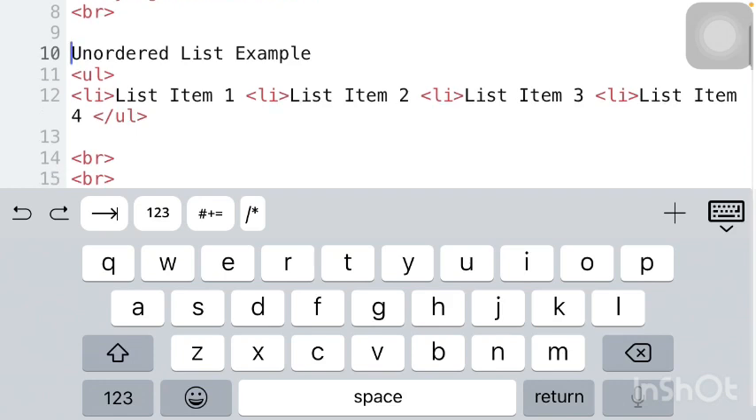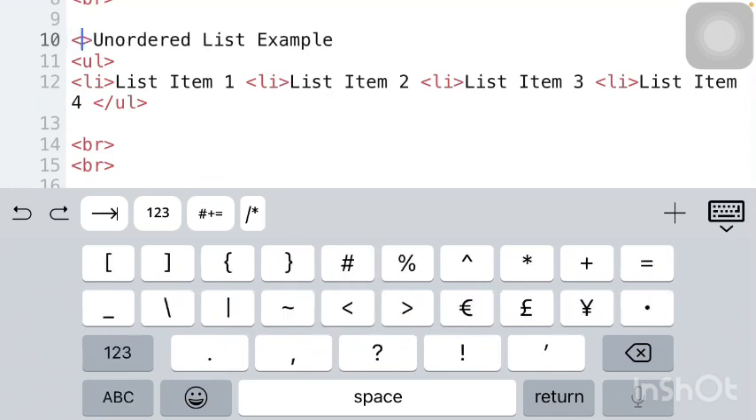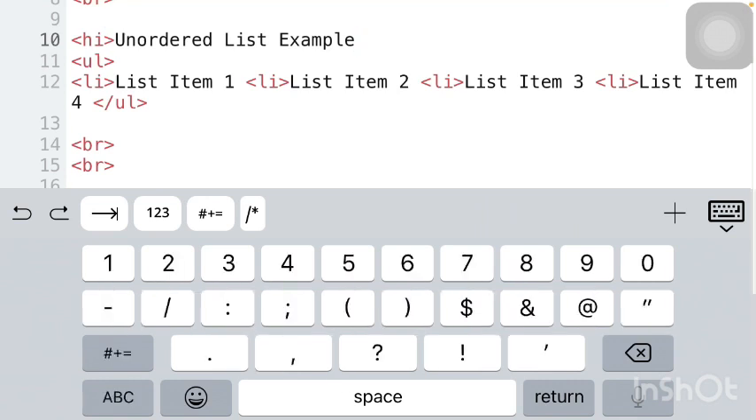We're just talking about unordered list. Unordered list example. Let's use H1 instead. H1, then slash H1. All right. So what we have here actually is that we have a heading telling us, oh, these are